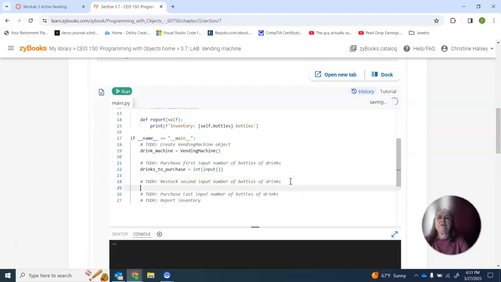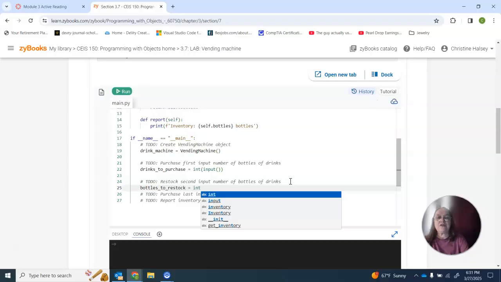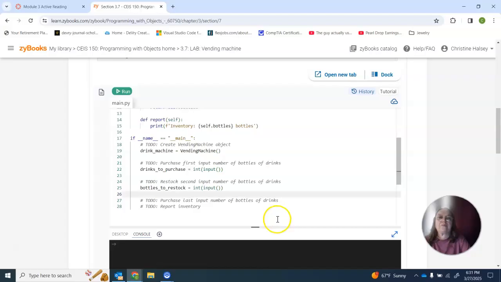So here's our input for this section, and I want bottles to restock, and that one's going to be an integer as well and come from the input. Okay, and then